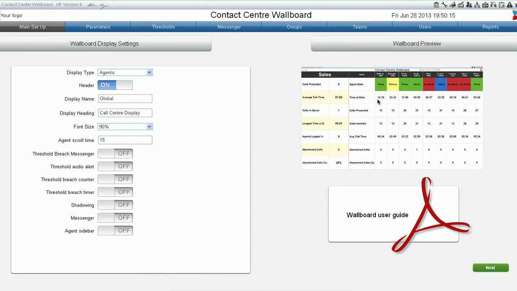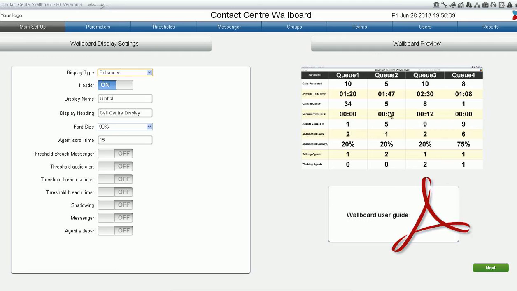Here we have on the right a graphical representation of the type of wallboard that will be shown in a sort of generic form. So at the moment the display type on the left here, where we actually set up the structure, shows agents. So this is an agent type display with a single queue and multiple agents. If I switch that to enhance, you'll see that now changes and it shows multiple queues and parameters on the